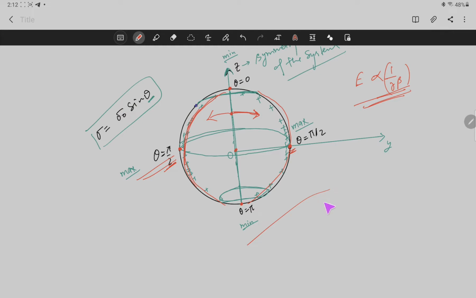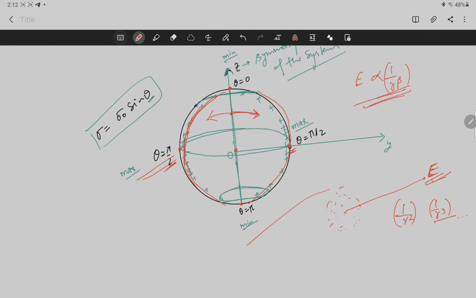You know that you have the Taylor expansion. Suppose there is some charge distribution, and you try to calculate the electric field at very far distance. You try to expand this electric field in terms of 1 upon r to the power beta. The first term has 1 over r square dependence, the second term will have r cube dependence, and so on, with increasing power of r.